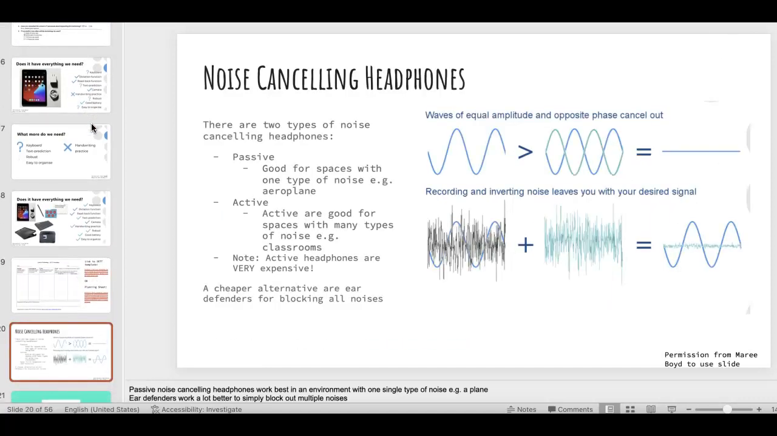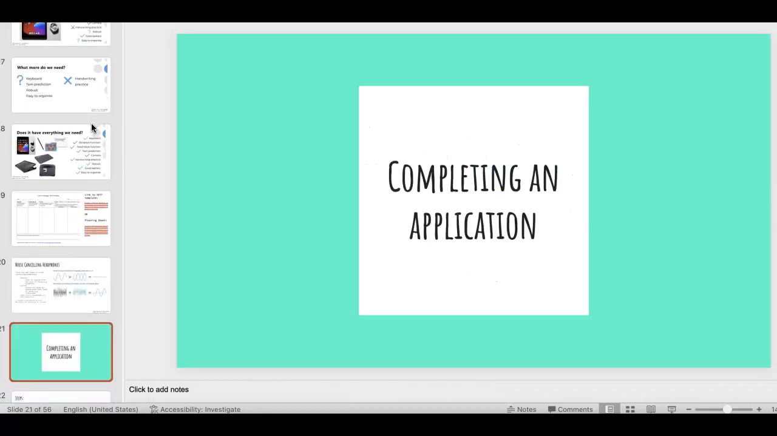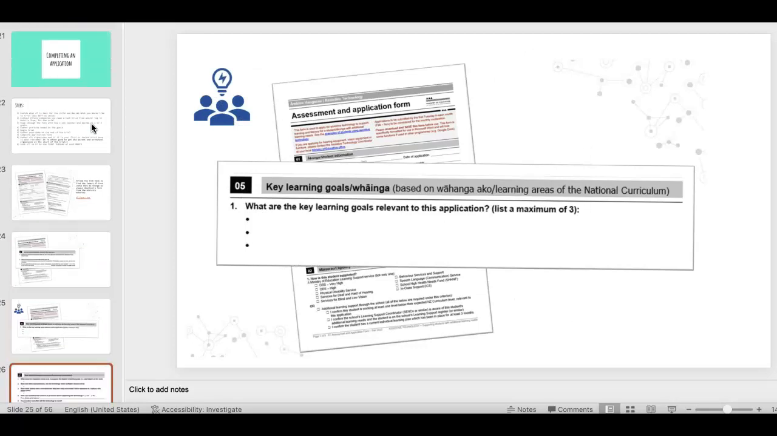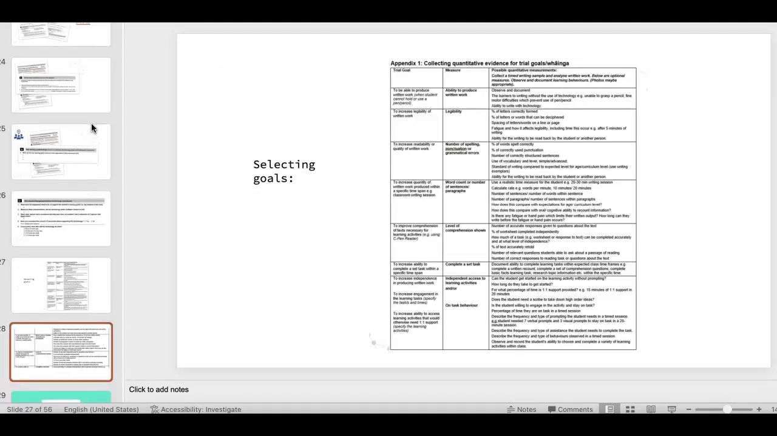All of this is very similar. I've added in a bit more information around noise cancelling headphones. So I learned about the differences between passive and active noise cancelling headphones and added a little bit more information in there for teachers. And then as you go through the form,